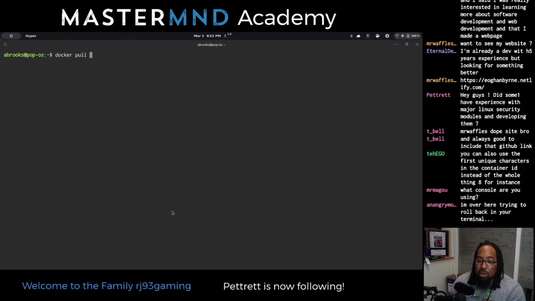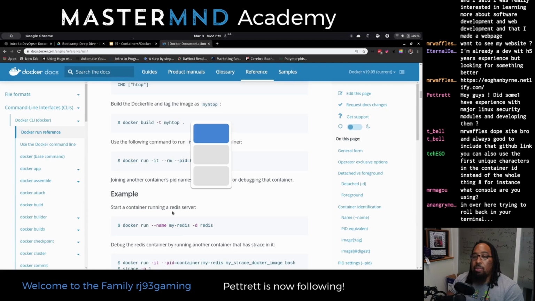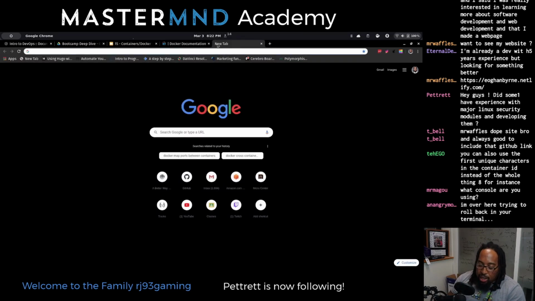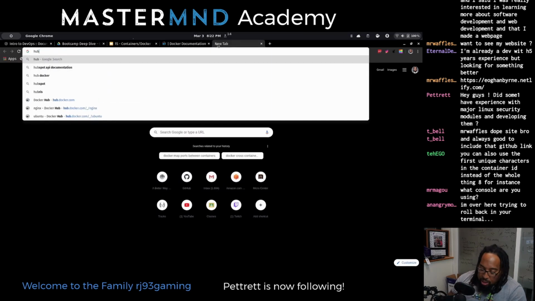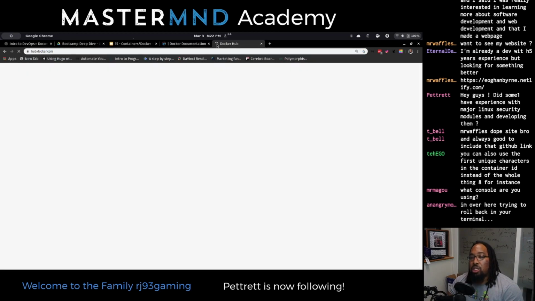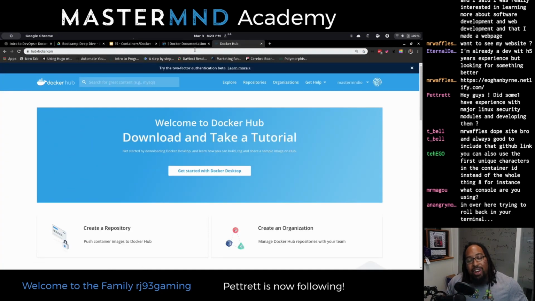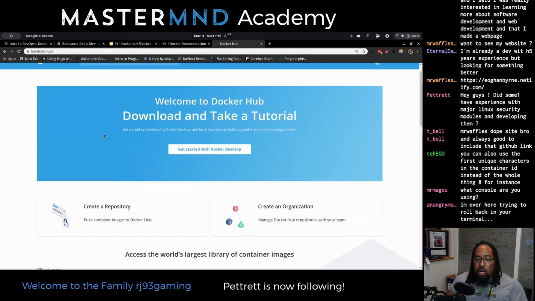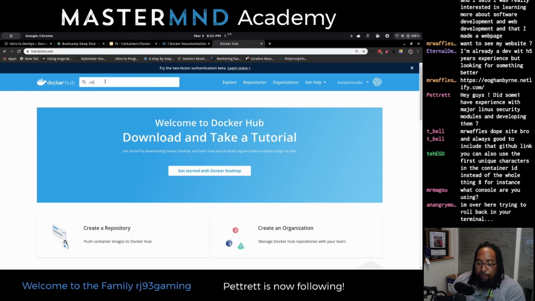I'm going to do docker pull ubuntu. And how would I know to do that? How would I know what the image name was? Don't forget our handy dandy website, hub.docker.com, which is your main source for everything you need that is Docker related. Again, you can have other repositories that aren't the Docker Hub, but this is where everything comes from by default. Your Docker, when you download it, is automatically set up to pull from here. So if you were trying to find something, this is where you would find it.